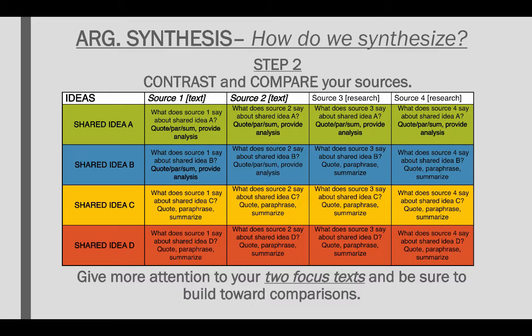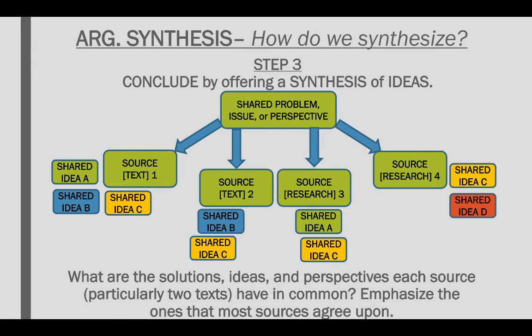What do we do with this layout of ideas, and which sources are saying what about these different ideas? Well, when we conclude, we want to offer a synthesis of ideas. So, for example, going back to our original chart, say source one of our chosen texts talks about idea A, idea B, and idea C. Well, source 2 additionally talks about idea B and idea C. So, idea B and idea C are both shared between those two sources, which means they may be pretty integral